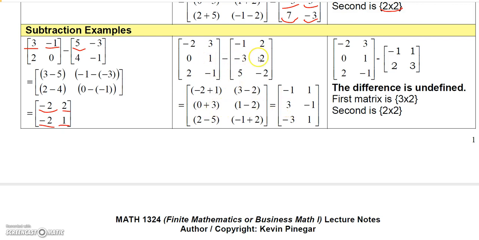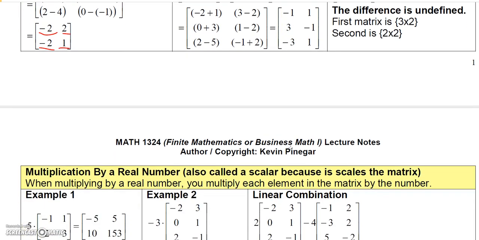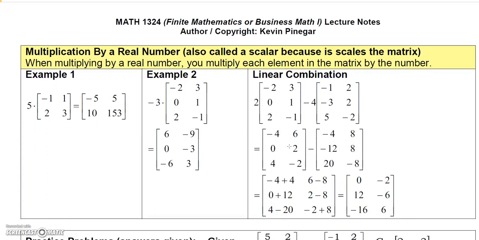Then you're going to have 1 minus 2, which is negative 1. And then 2 minus 5 is negative 3. And then minus 1 minus negative 2 would be minus 1 plus 2, which is 1. And then, of course, again, since subtraction is a form of addition, you can't subtract these two matrices because their sizes are different. So that's how you add and subtract two matrices, of course, given that they're the same